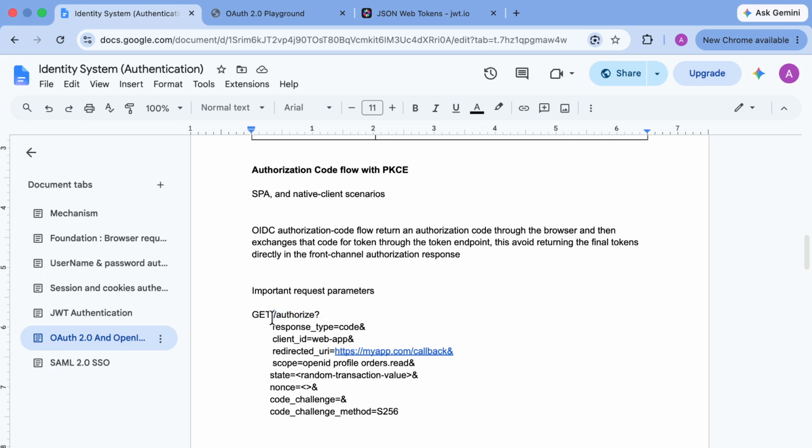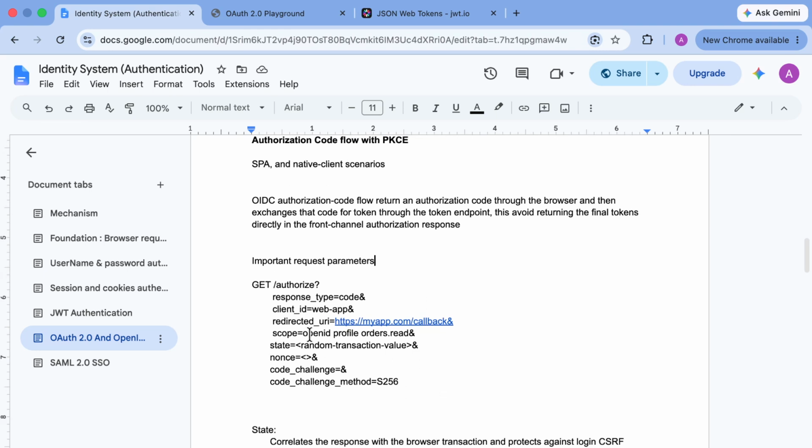So it will call the authorize endpoint, where it asks for the response type code, and your system will give the client ID, so that the authorization server will know who the client is, asking for the consent or authentication on behalf of the user. Okay, so once the user is authenticated to that authentication server, then that authentication server will redirect with the code to that callback URL,